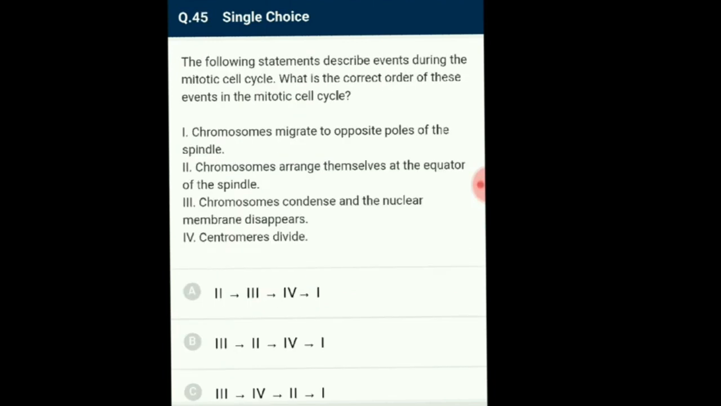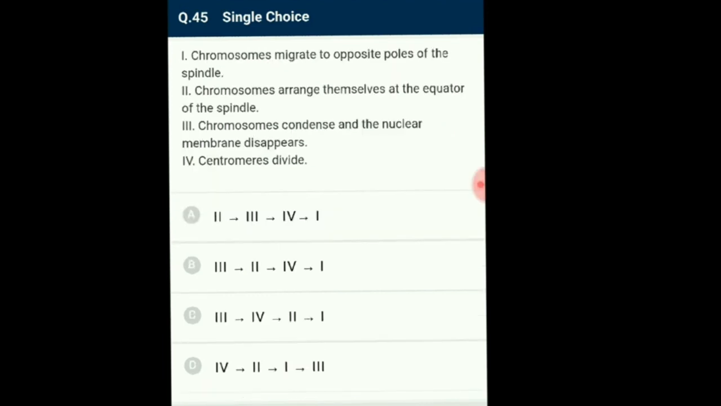Describe events during the mitotic cell cycle. What is the correct order of the events in the mitotic cell cycle? So here they asked about the correct sequence. The correct sequence is the third statement,